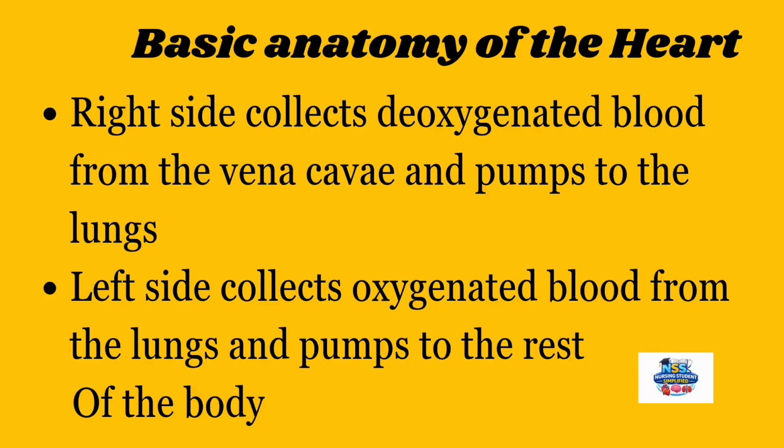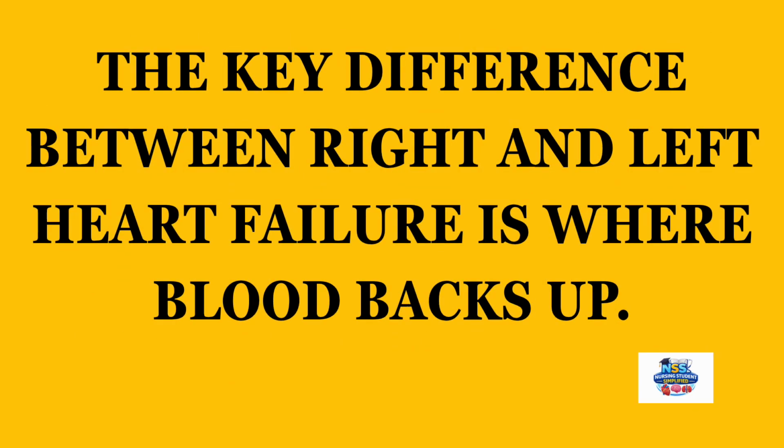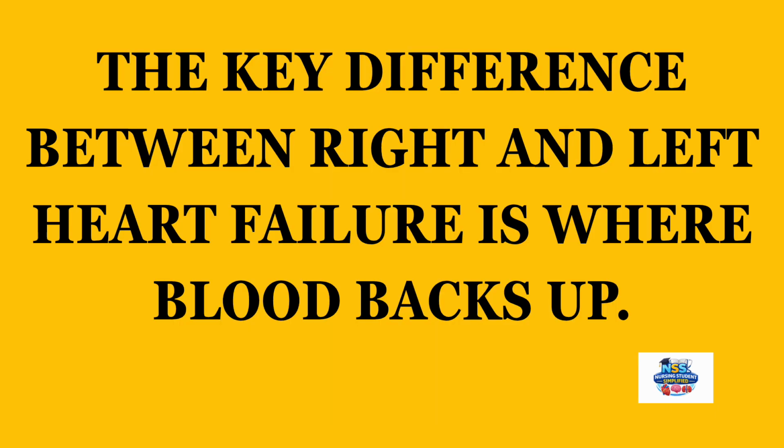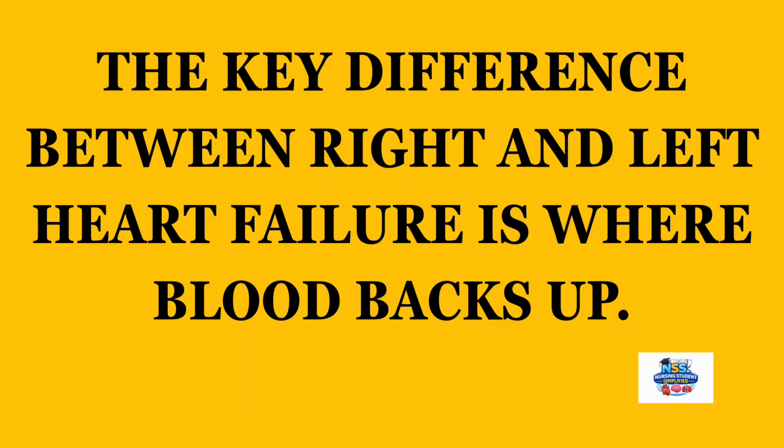Now, this concept explains everything. When one side fails, blood backs up behind. So because the left side of the heart gets its blood from the lungs, if the left side fails, blood backs up into the lungs. Same thing with the right side, because it gets its blood from the veins, the two largest veins in the body, which collect blood from all other veins. Once the right side fails, blood backs up into the superior and inferior vena cava and subsequently in the